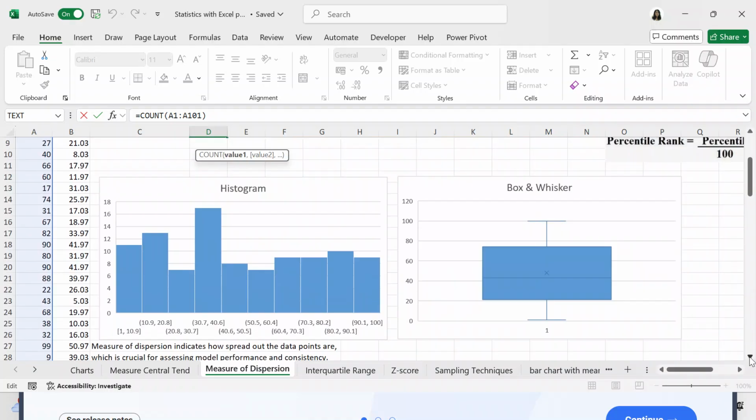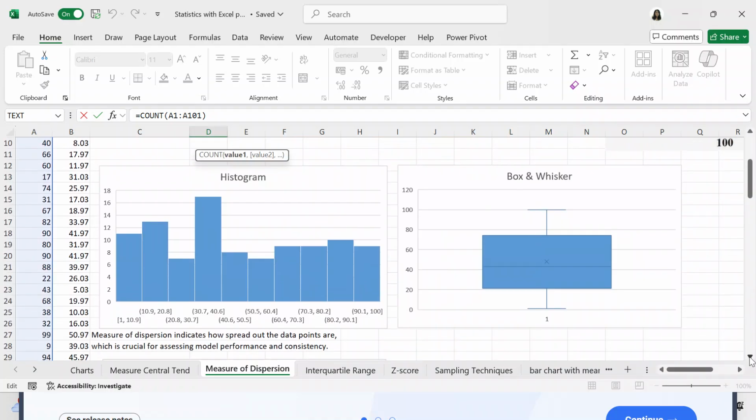I did actually make a few diagrams, charts, and the reason why you make charts is because it adds a lot of value to a presentation. If you can add a chart to a presentation, it'll add a lot more meaning to it, because a lot of people are not technically minded. So whereas they might not understand a lot of figures, they can understand a diagram. So we've got the histogram, which is what we made in a few previous videos,